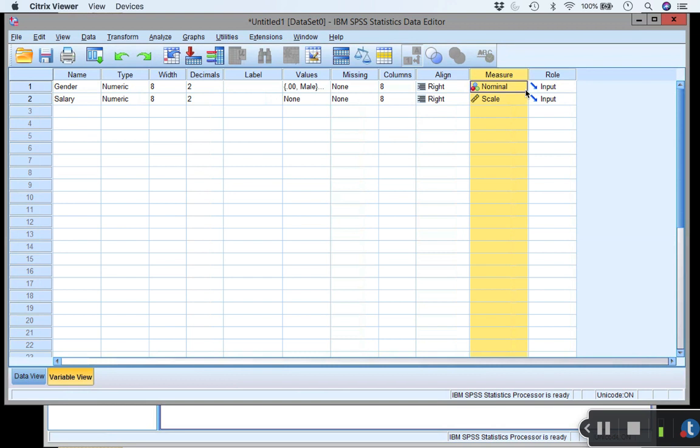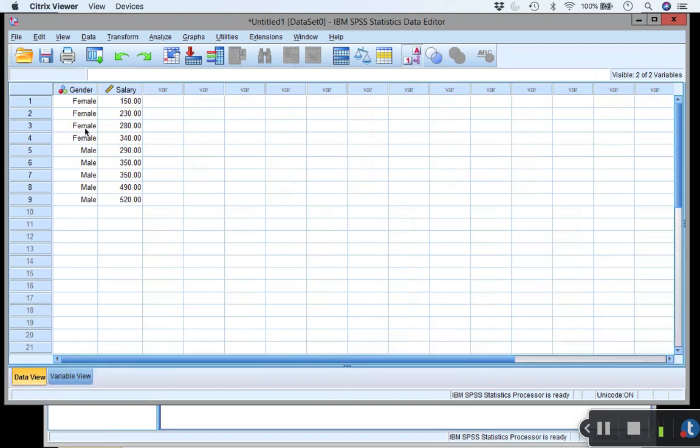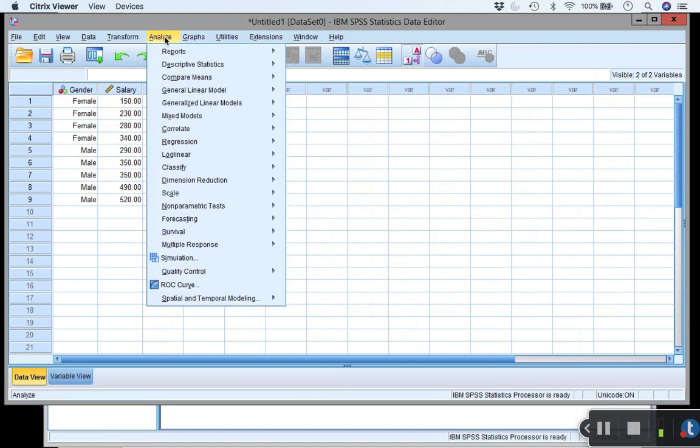So you can see in this measure column, I'm telling SPSS that gender is nominal, or it's a categorical variable, and salary is scale because it's something that we're going to be able to take the average of. So now if we jump back to our data view, we can see that SPSS input our labels. So we have gender and salary, and we want to know if there's a significant difference between men and women on the salary variable. So I'm going to go to the Analyze menu,